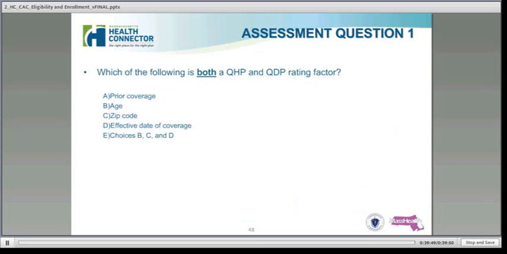Note that in that box there on slide 36, individuals and families who do not enroll in a QHP by April 1st of 2013, which is the day after open enrollment, risk losing coverage and would then need to wait until the next open enrollment period, which would be October 15th through December 7th of 2014, for an effective date of coverage on January 1st of 2015.